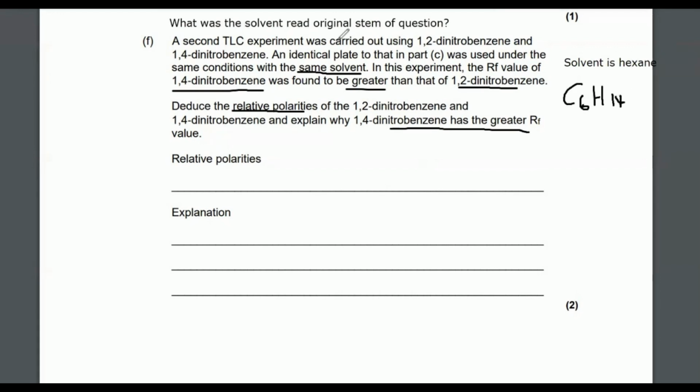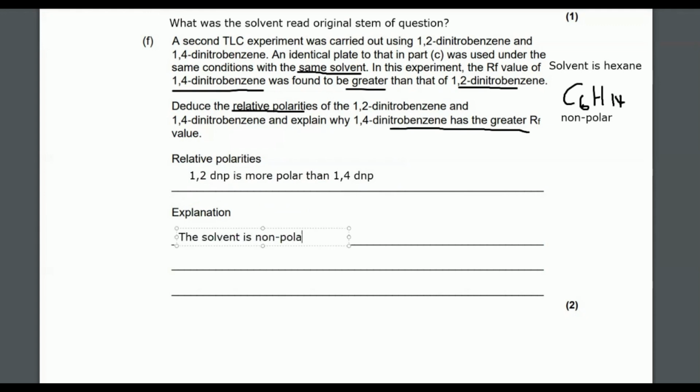And you should know the carbon-hydrogen bond is a non-polar bond. There's not a big difference in electronegativity, so this is a non-polar solvent. So the thing that moves further is more of a non-polar molecule. Non-polar substances dissolve really well in non-polar things. Polar substances dissolve well in polar solvents. So the fact that 1,4-dinitrobenzene moved further up the plate, had the greater RF value, means it's less polar,